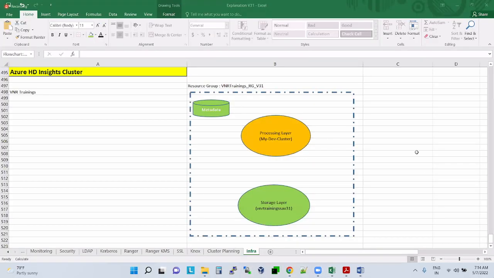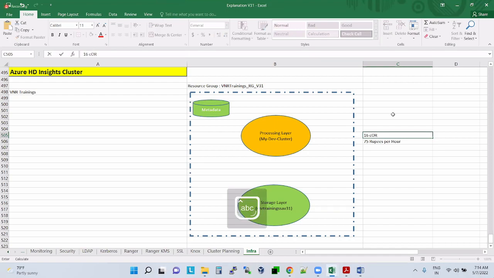So 75 rupees per hour rent for 16 cores plus 64 GB RAM.